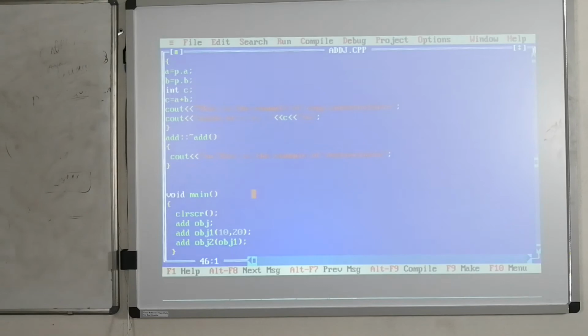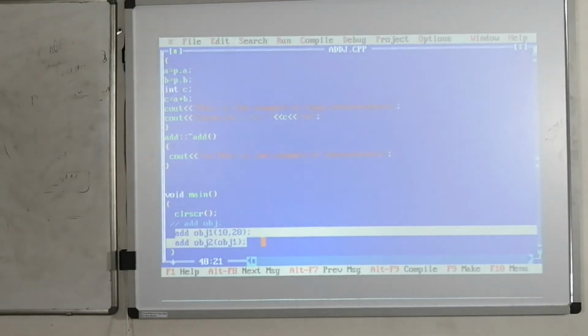For example, in this case, I am going to put a comment here on obj1. I am creating only obj1 and obj2 objects. In that case, 2 objects are created: 1 object invokes the parameterized constructor, 1 object invokes the copy constructor.